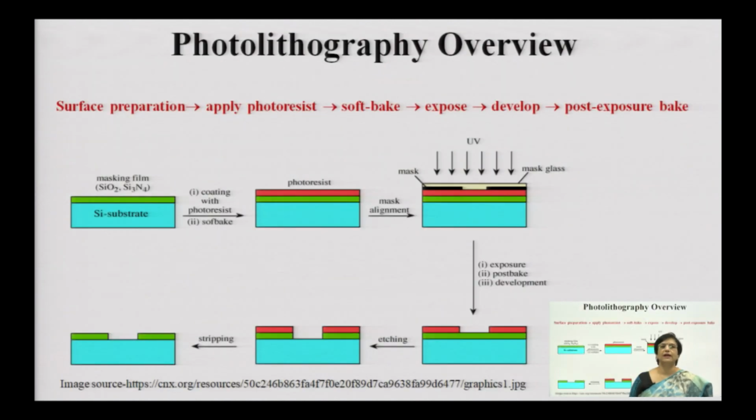So, let us see what exactly is happening over here. As I told you, here it is masking the film, then you apply a photoresist, and the area is exposed. This black portion is the mask, and light is falling through the mask onto this area. Naturally, the photoresist in this area got weakened because it was a positive photoresist. Since it was weakened, when you put it in the developer solution, it got removed, and you have this area. Now you can remove the unwanted portion, and this is the area you have isolated for carrying out the subsequent process.